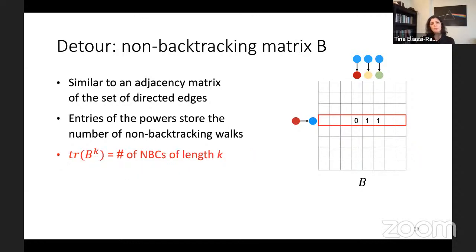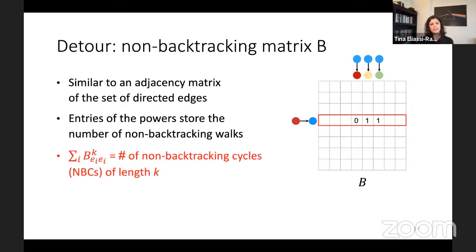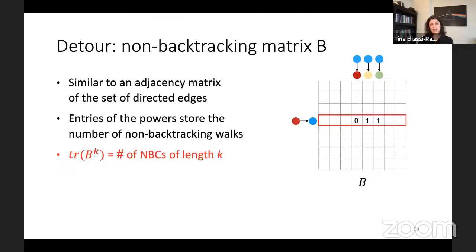Now, of course, if you remember your linear algebra, the sum of the diagonal entries of a matrix is the trace of that matrix. And I can find the trace of a matrix by just looking at its eigenvalues. So now I have turned the problem of, okay, I have a graph and I have to count all the non-backtracking cycles in this graph, to, oh, you have a graph, I'm going to represent it as a non-backtracking matrix, I'm going to find its eigenvalues, and that's going to be what tells me the counts for